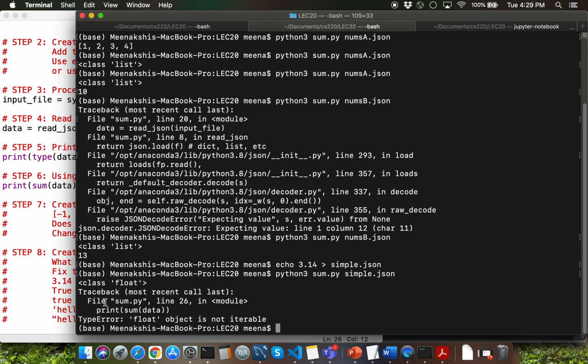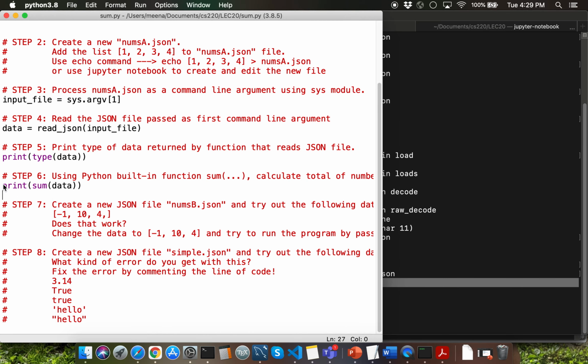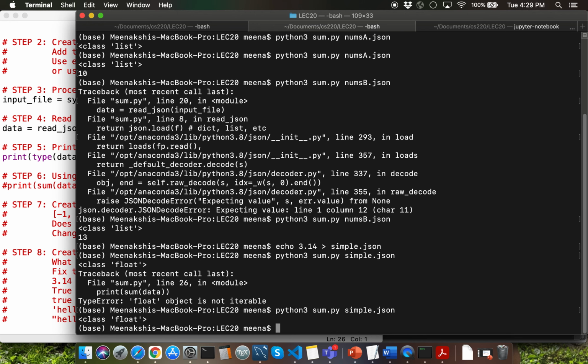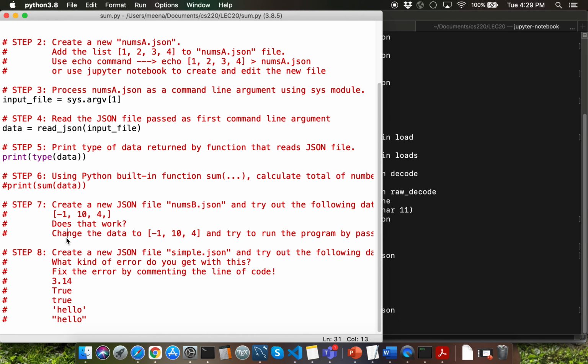Our input here is going to be just of floating type as displayed by the output from the type function call. So you cannot pass that variable as an argument for the sum built-in function call. So you need to comment out this particular line because sum is not applicable for this particular type of input. So if I were to execute the program again, the type error will go away.